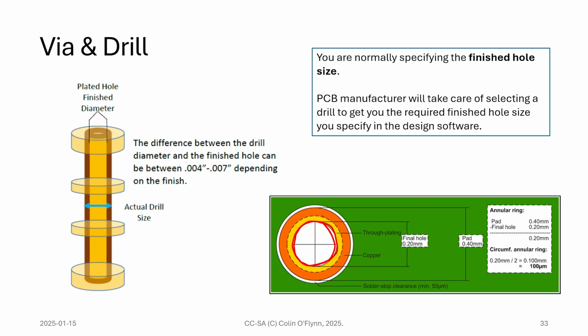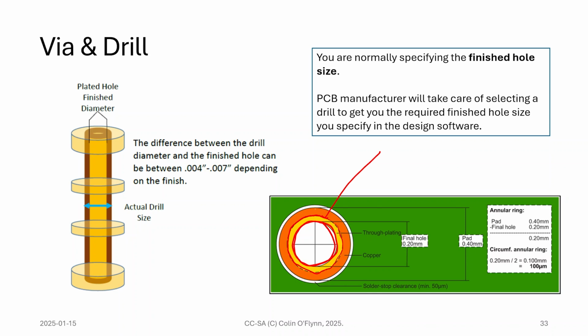gets drilled. Because what actually happens is there's a plating process I mentioned, that's the through-hole plating, right? And so we have the through-hole plating, and that means we have a slightly bigger drill than what we specify. So the actual drill size is bigger than the final size. And so when we design it, we're always specifying the finished hole size, or almost always. But just watch out for that, because it's something you have to realize, there is a little more